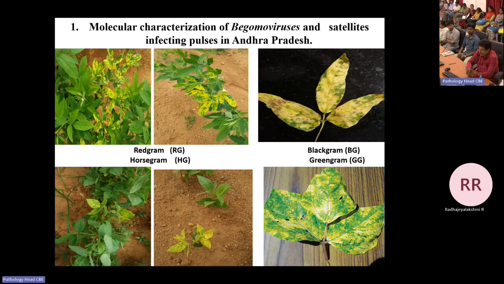Then there was no variety to recommend for cultivation, and farmers shifted from black gram to maize in Guntur, Krishna and Godavari, because they grow a lot of pulses in the rice fallow system. I think the rice fallow system is also there in Tamil Nadu. Before harvesting rice, they broadcast the pulse, black gram, then harvest the rice and leave the crop on residual moisture. That crop will come within 75 to 80 days. That is called rice fallows. And they had no variety to withstand this YMV, so they went to maize.